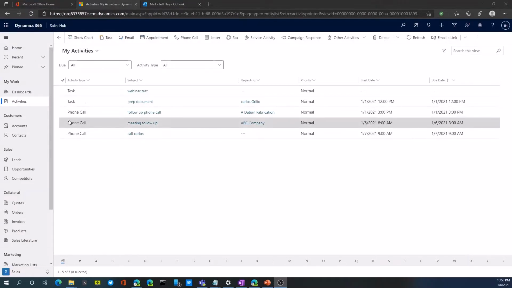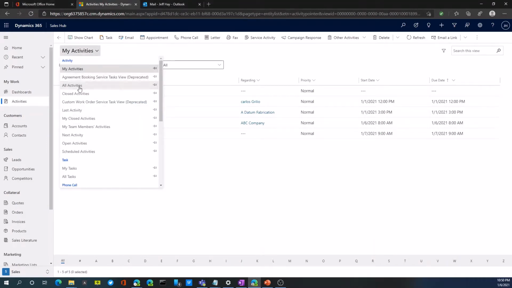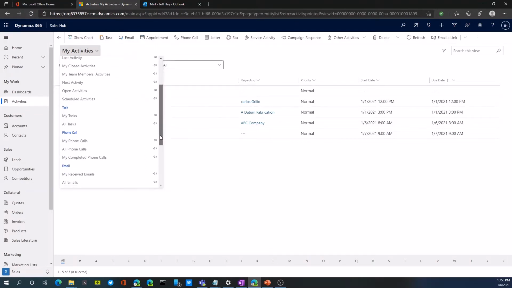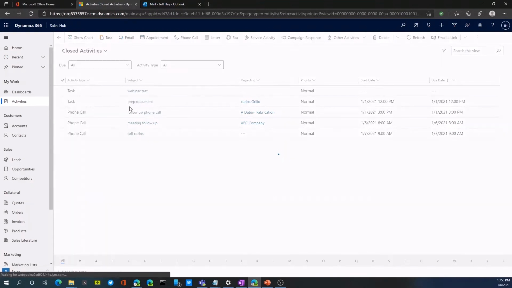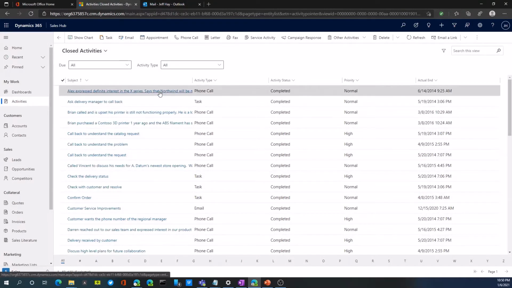So what are views? If I go to any one of these entities, for example activities, and I click this drop down, I'm going to see different list of items available to me. So my activities or tasks or phone calls, and if I filter through these, so for example if I go to closed activities, it's just basically a list or a matrix of